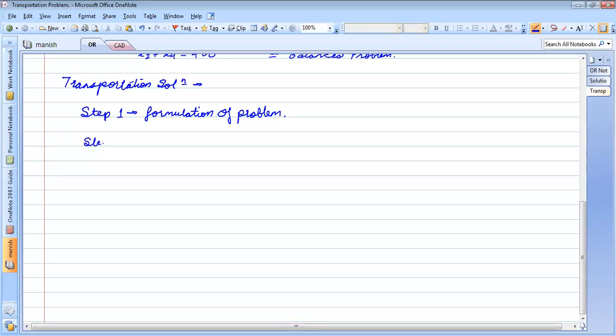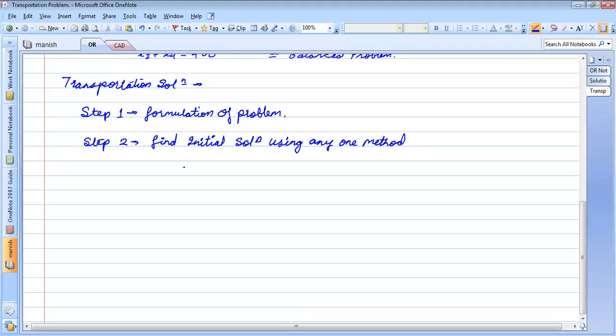Step number 2, find initial solution using any one method.